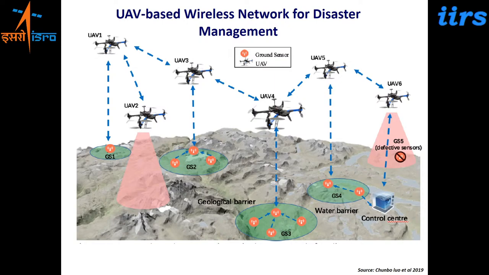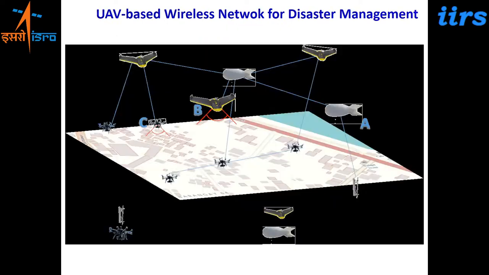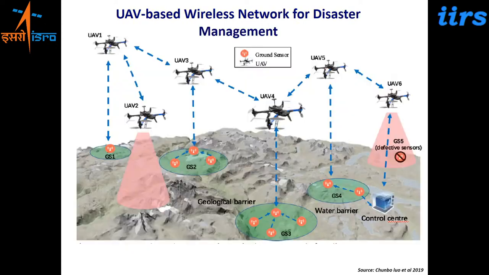Right. So in case of disasters, you have issues where, because of certain disasters, in certain scenarios, you have complete network failures. You do not have communication. So UAVs can be used as communication relays to bridge communication in those areas where part of the communication infrastructure is destroyed due to earthquakes, floods, or any